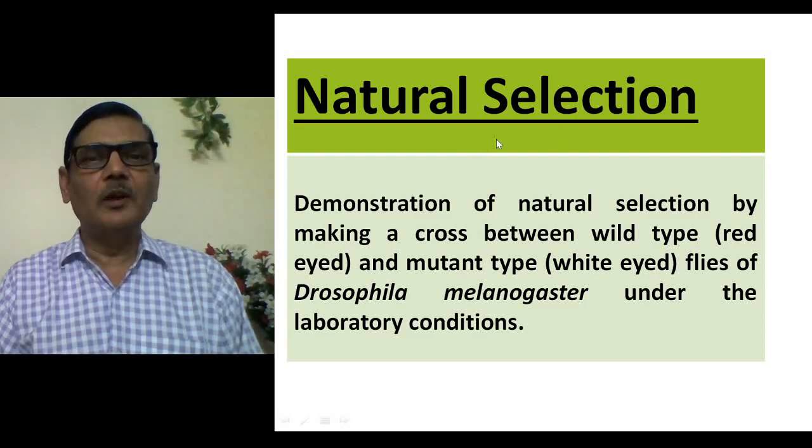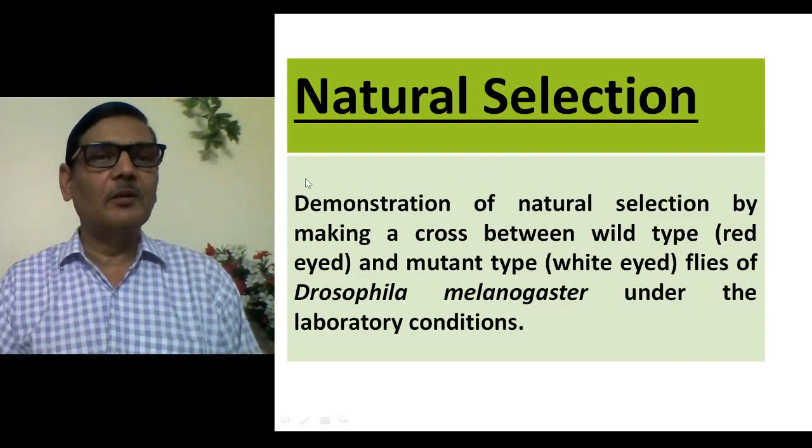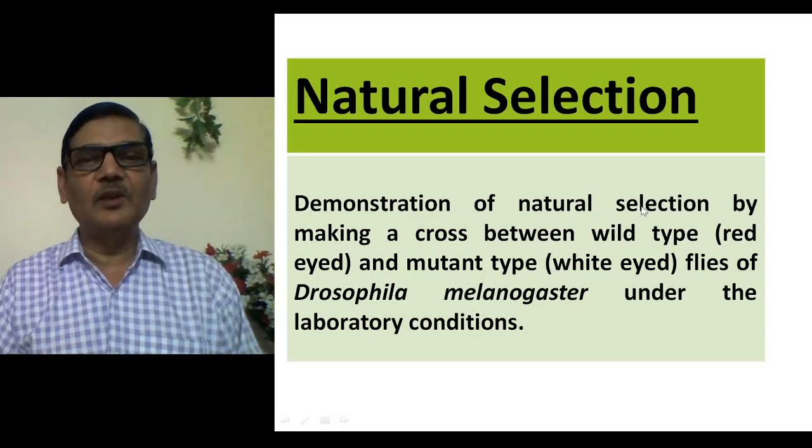See, we have a practical aspect in our UG as well as PG classes, and this particular practical exercise is related to the field of evolutionary biology. In this practical exercise, we demonstrate the phenomenon of natural selection by making a cross between wild type flies, that is red-eyed flies, and mutant flies, which are actually white-eyed flies of Drosophila melanogaster, and this we perform under laboratory